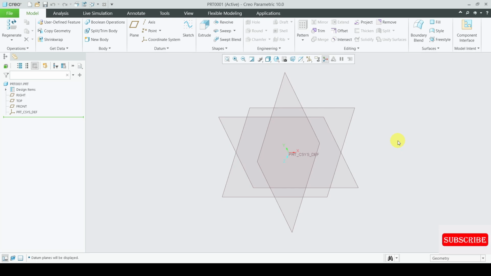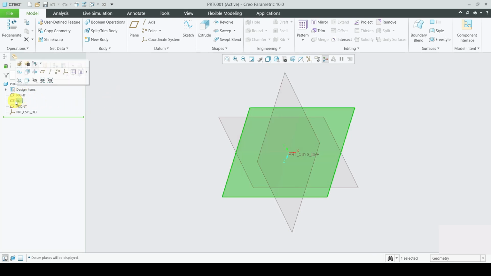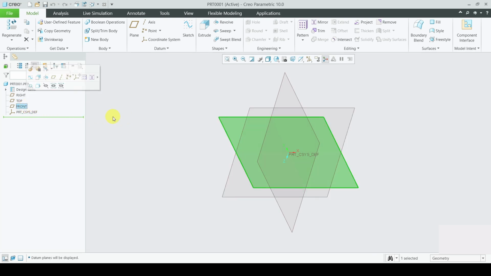Okay, so in the basic part interface, you will find these three mutually perpendicular planes that have been highlighted here. This is the top plane, and this is the front plane. The intersection of these three planes has been identified as our origin, you can see here. Okay, so you can start your part by creating a sketch on any of these